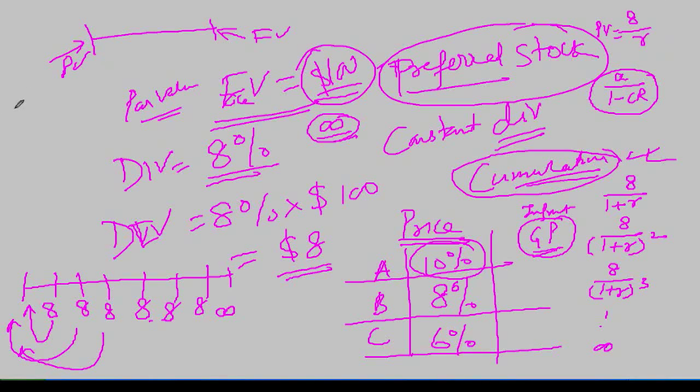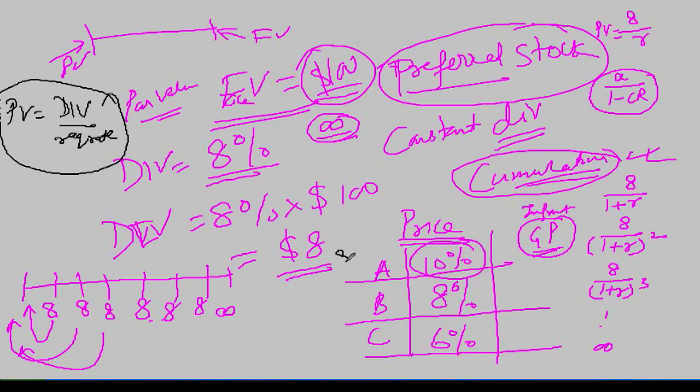by R. So for preferred stock we can write the present value formula as present value is equal to the dividend divided by your required rate. So this is the formula for the present value of a preferred stock. Now in this case, what is the required rate? 10%. What is the present value? It is 8 divided by 0.1, because it is a percentage, so it comes to 80. So when your required rate is 10%, the present value is 80.